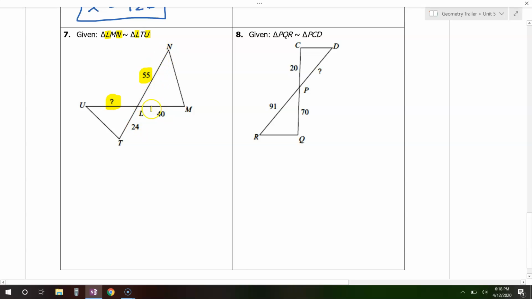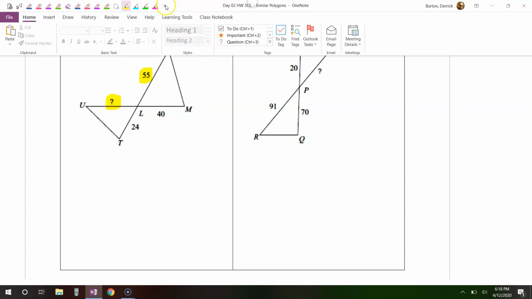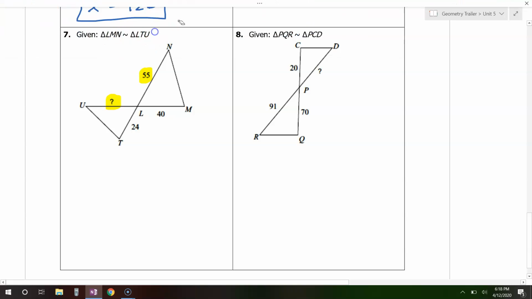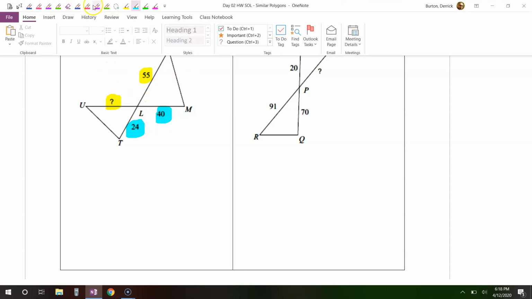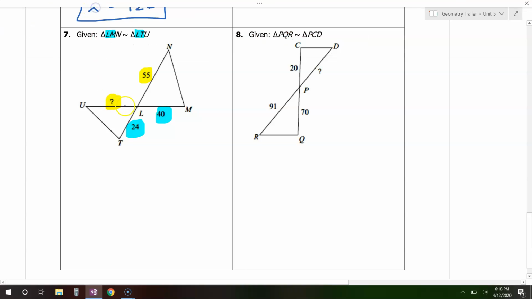So those are corresponding. Okay, see the 24? That's TL. TL is right here. That's going to correspond with LM. LM is right here. So now that we have matched up the corresponding sides,